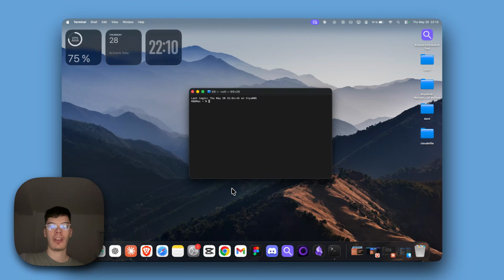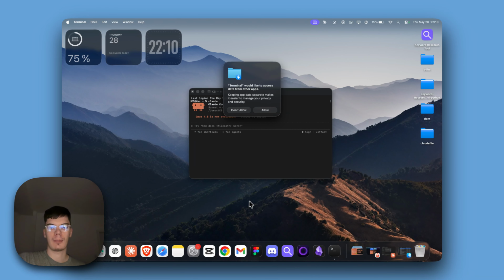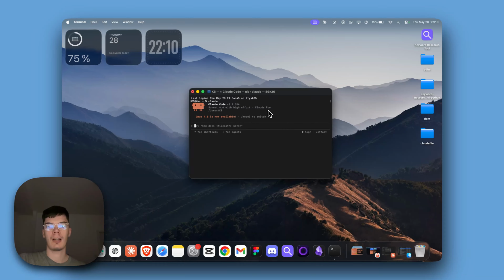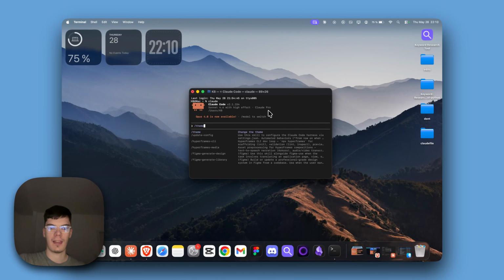How you can change theme or appearance in your Claude Code. So firstly, open your terminal and we want to run your Claude. So type here Claude and wait until it's running. I'm gonna allow this. And now all you're gonna have to do is to just type here slash and theme